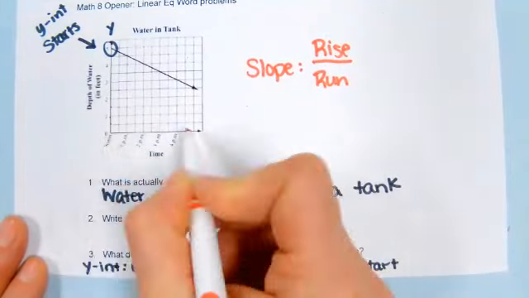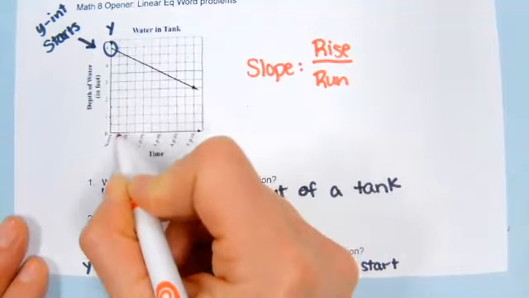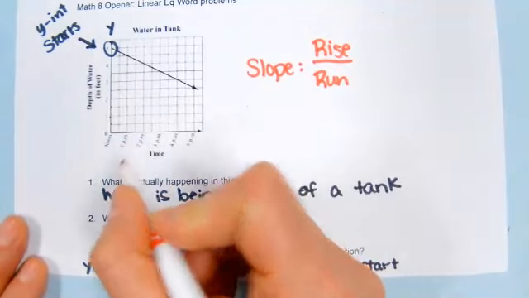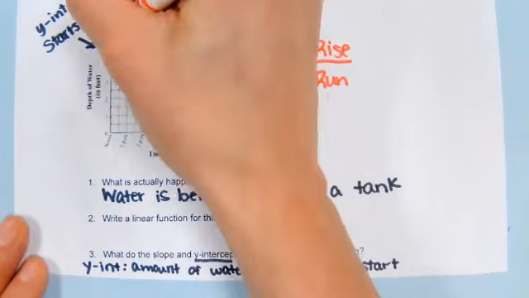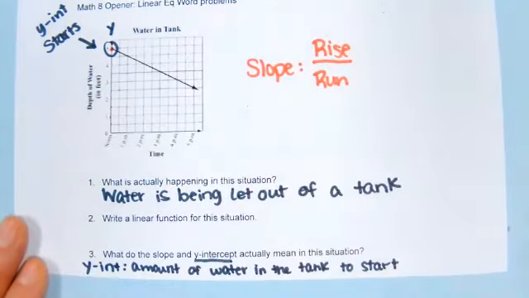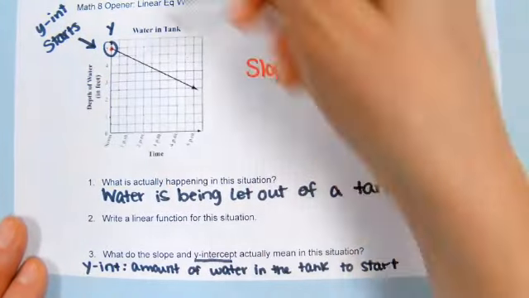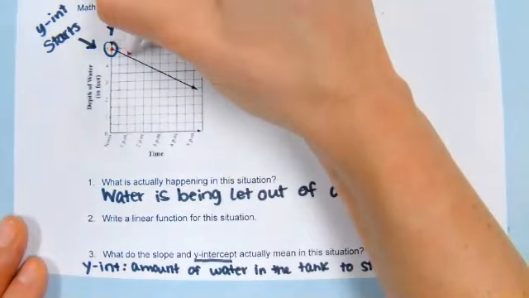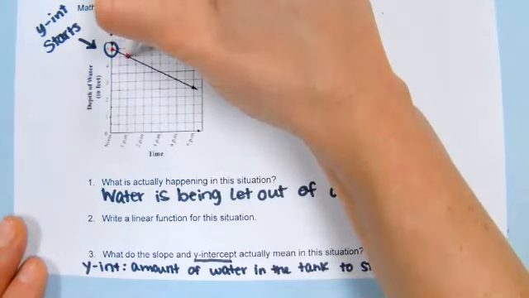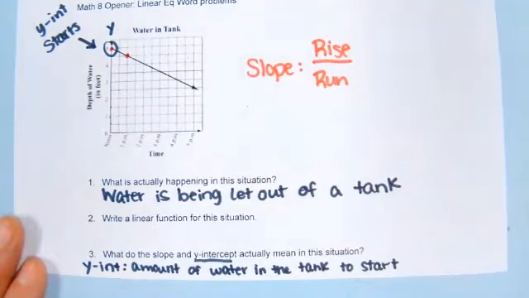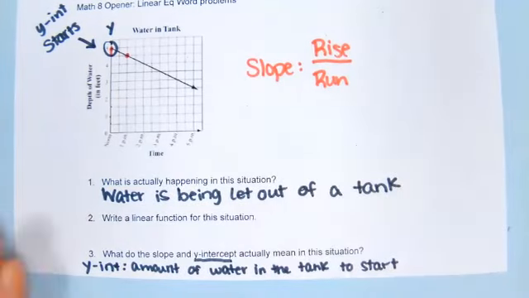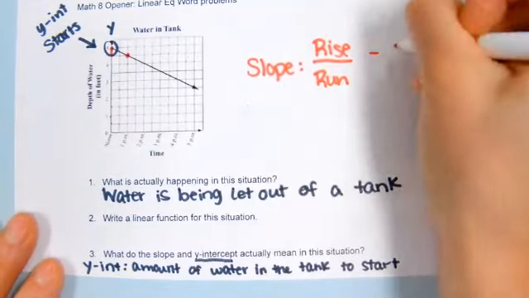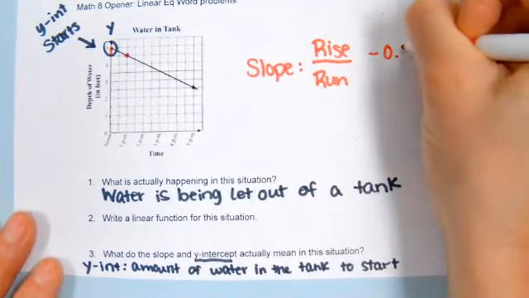Going left to right, right? So noon. And then are we going by ones here, or are we going by half hours? Half, actually, aren't we? So when we do rise over run, I can use this point right here, that 5. And then I need to follow this down to another spot that has 4 corners. Here we go, right here. So in this case, my rise is going down, but it is not worth 1. It's worth half, and you can write that as negative 0.5